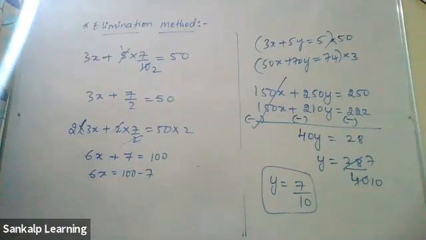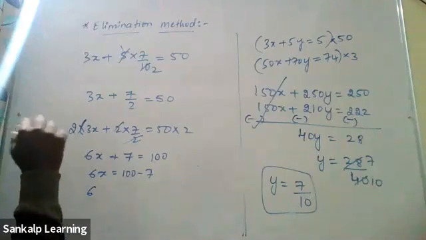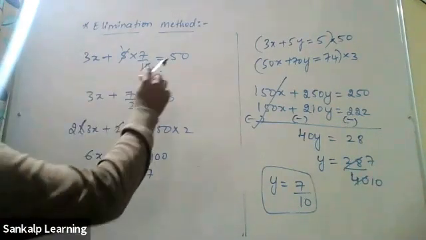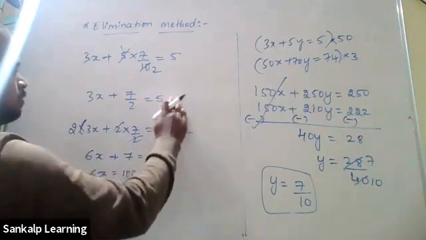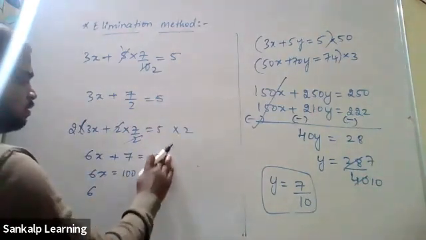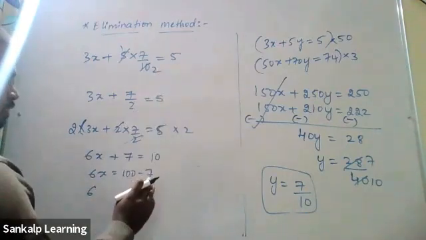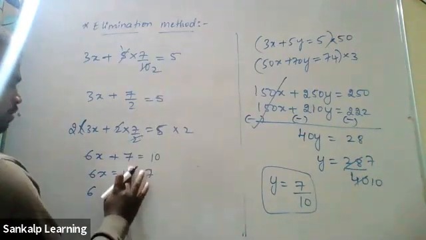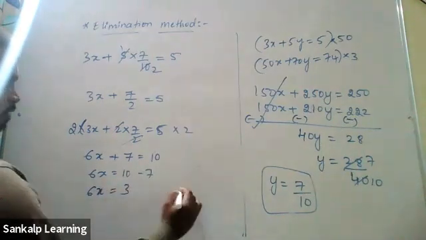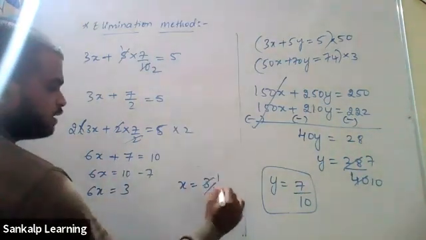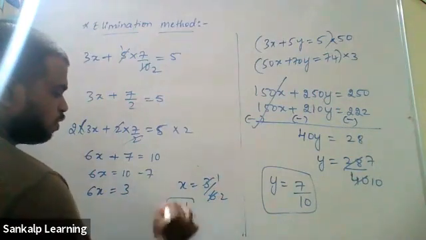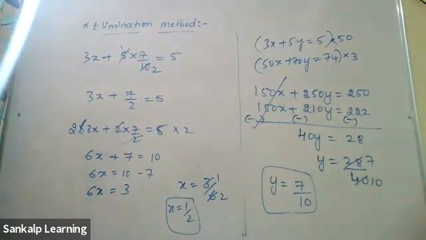Did I make any mistake? Is it correct? Sir, is it minus 1? Okay. It's not 50, right? It is 5 over here. That's the mistake I made. It's 5 here, be careful. It's 5, it's not 50. So 10 minus 7 is 3. Therefore, x is equal to 3 by 6. 3 ones are 3, 3 twos are 6. Therefore, x value is 1 by 2 or 0.5. I got it correctly now.